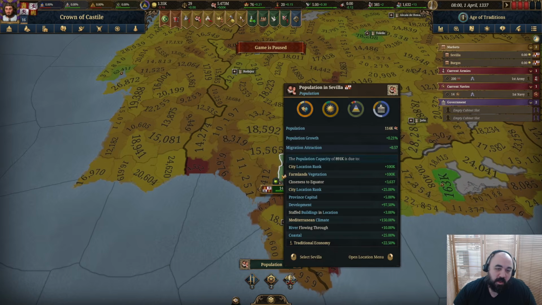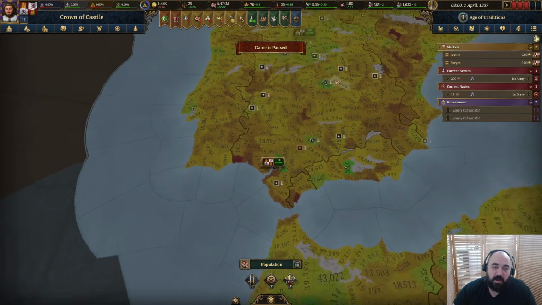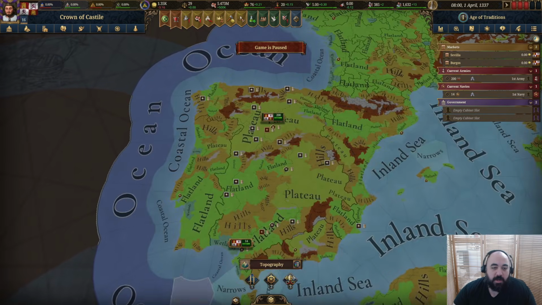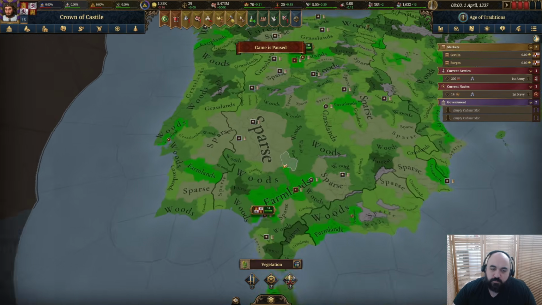Your capital, you want a lot of pops. Geographically, you want it in the south. Population-wise, you are going to want it in the north, and it does create this odd sort of tension. To look at some of the terrain and other stuff here that we have going on, we have a lot